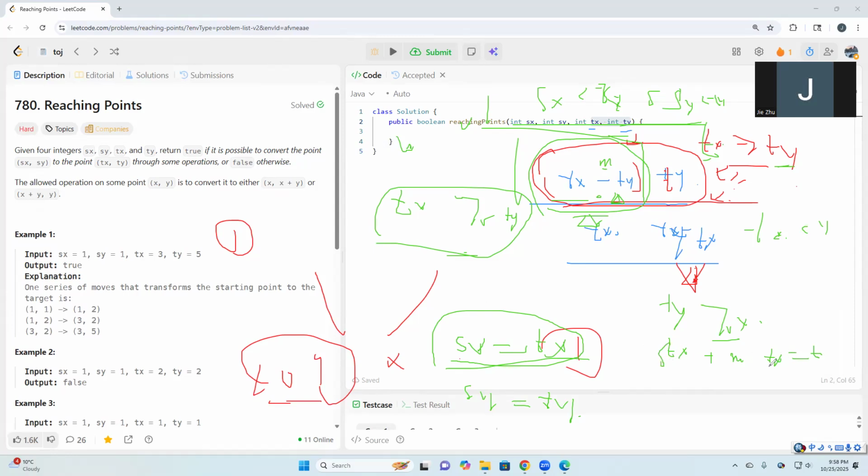Sy plus m Sx equals Ty, right? So we just need to check if this diff mod the, mod Sx is zero, right? So the same thing, if